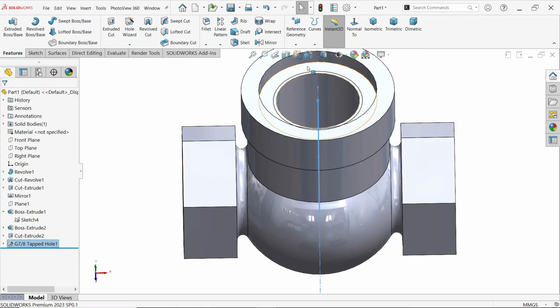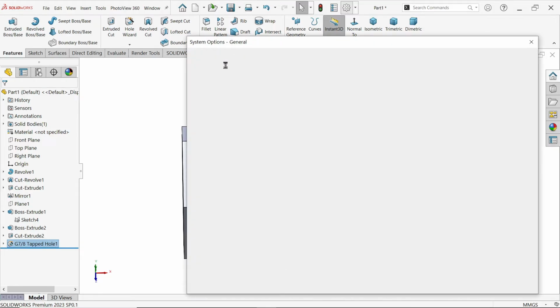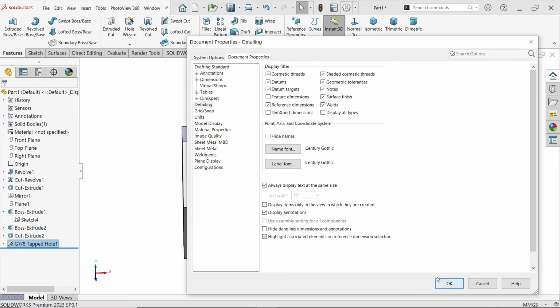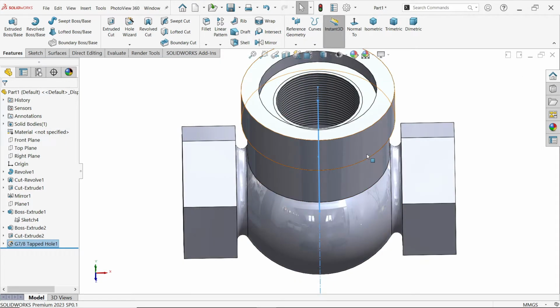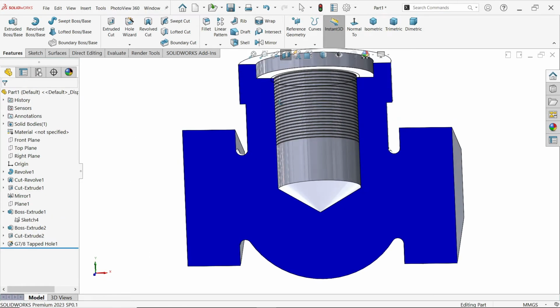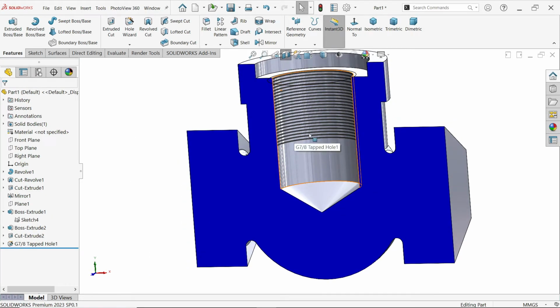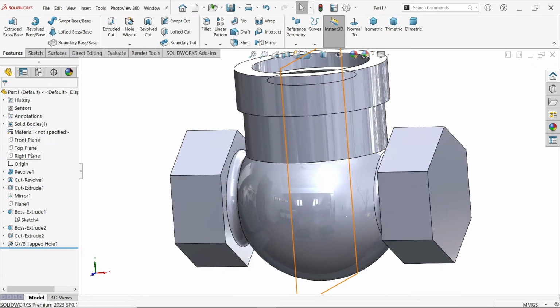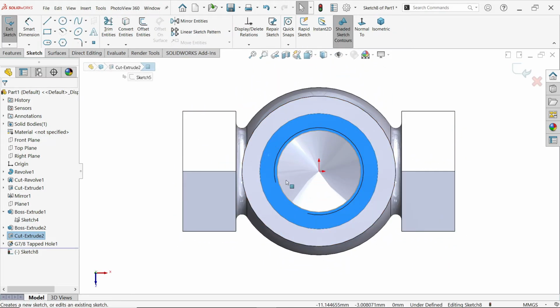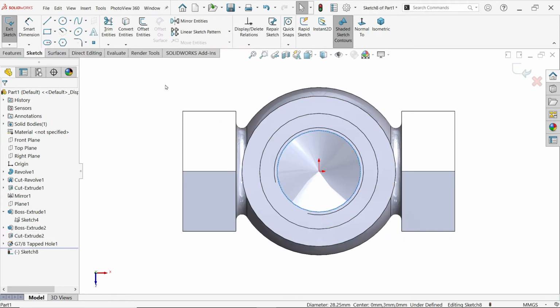Say OK. And let me activate the option, document properties, detailing, shaded cosmetic thread. OK. Now I am going to select section view. OK. Look, this is the thread, but we have to close this one. Tapered. We don't need that tapered thing. Select this face, sketch. Now select this outer circle, convert entity,